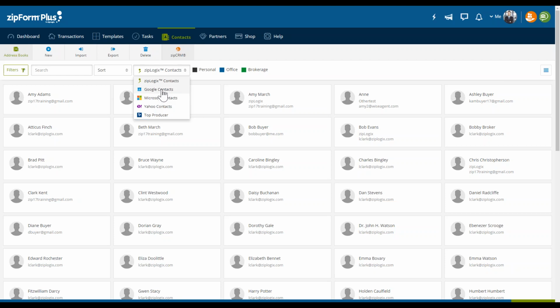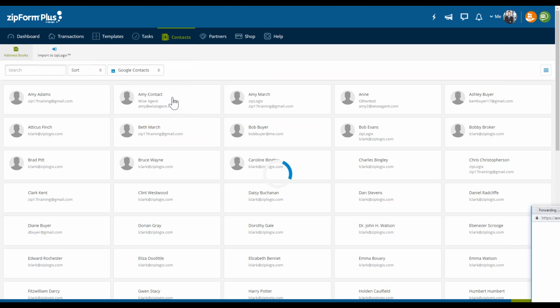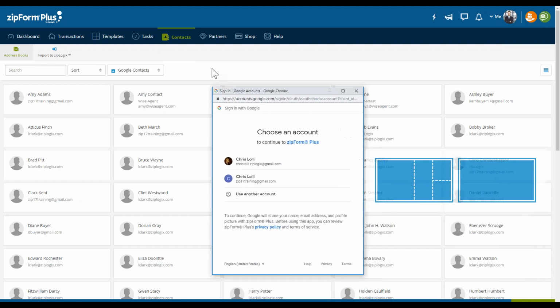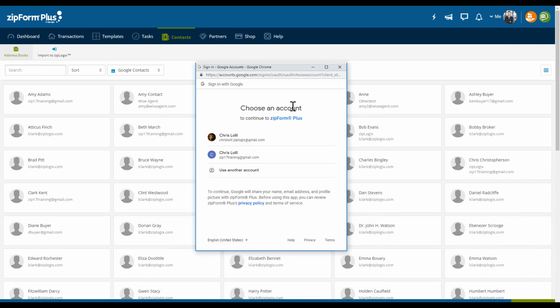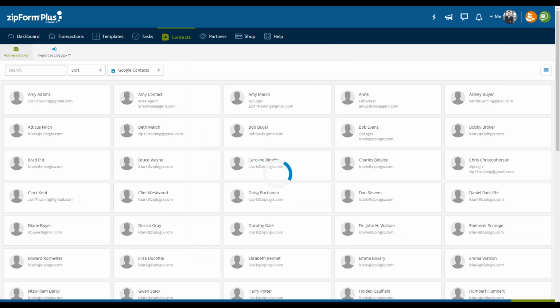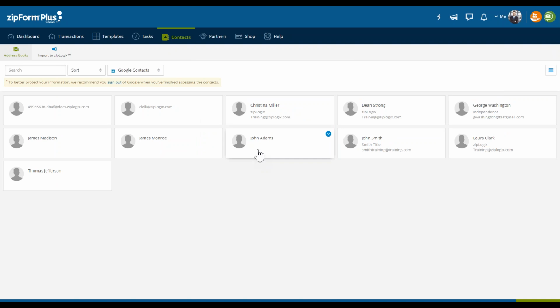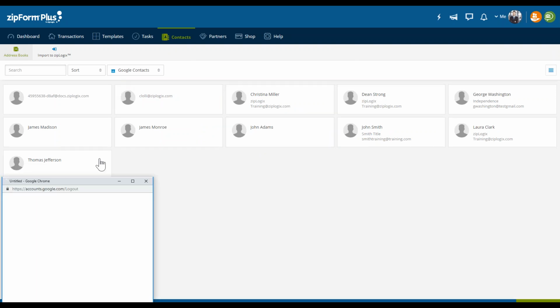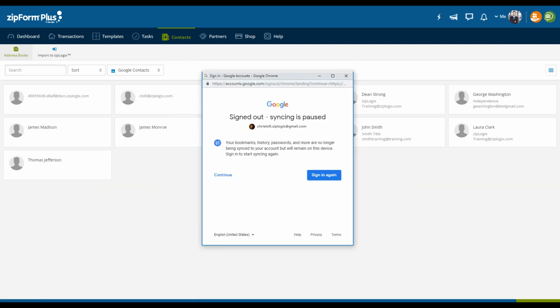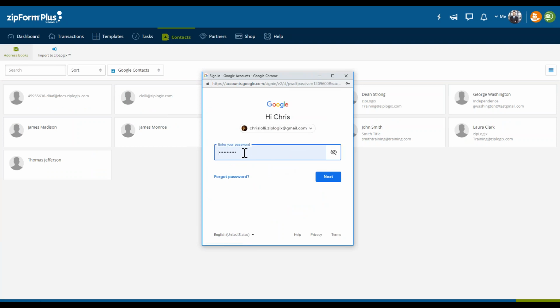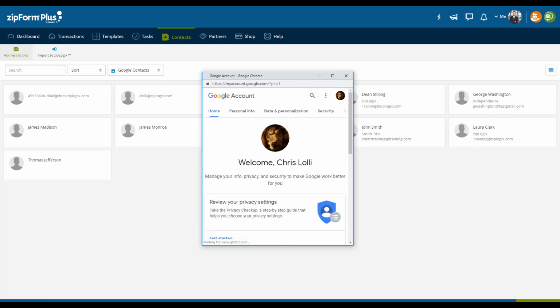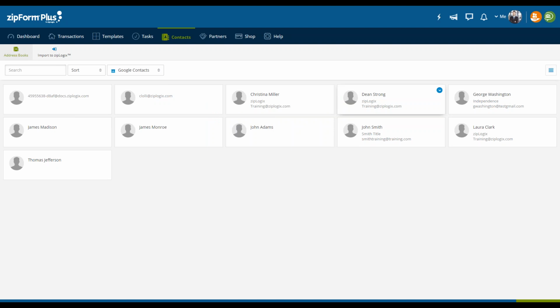What this is going to do is I simply click on Google Contacts, and if I move this window over here, I'm given the ability to choose which of my Gmail accounts I want to have access to. I'm going to do this one here. Because it automatically knew what my password is because I saved it, otherwise I would just enter my credentials. Let me show you what I mean by that. Sign in again, enter my password, whatever the password may be, you simply type it in and click next. And then your contacts from Gmail or Google will be shown here.